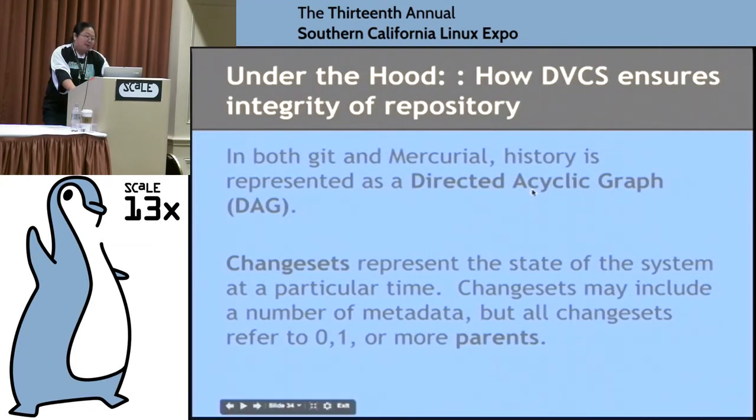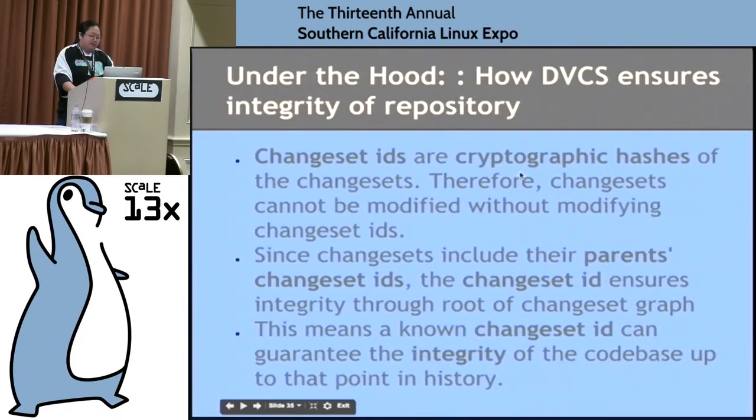I'm probably not going to talk much about this, but I was really excited the day that I finally understood directed acyclic graphs. And I'm going to tell you that if you ever want to understand what directed acyclic graphs are and what they mean in Git and Mercurial, go see that video that I talked about, Getting Git by Scott Chacon, because he does a really good job of illustrating it.